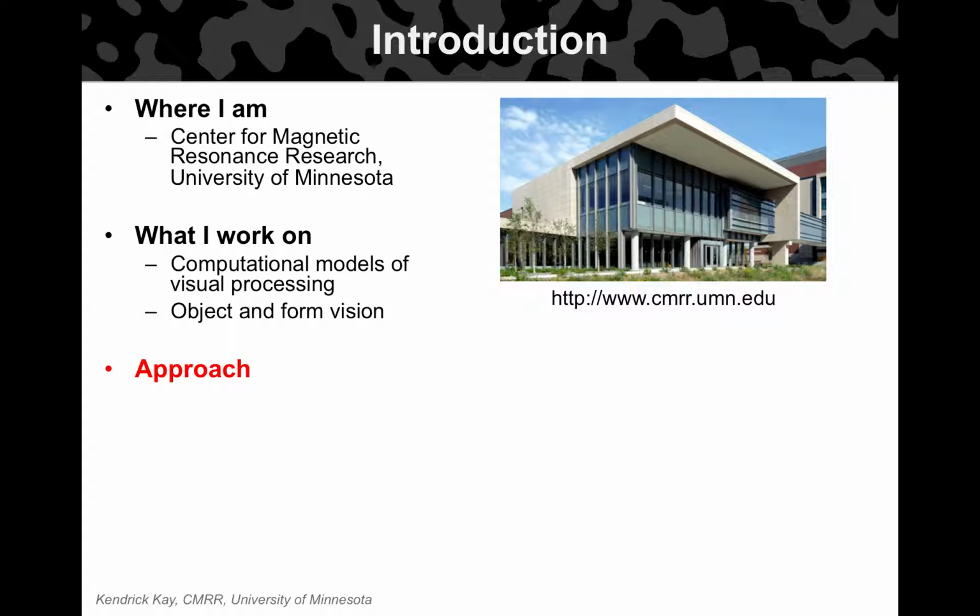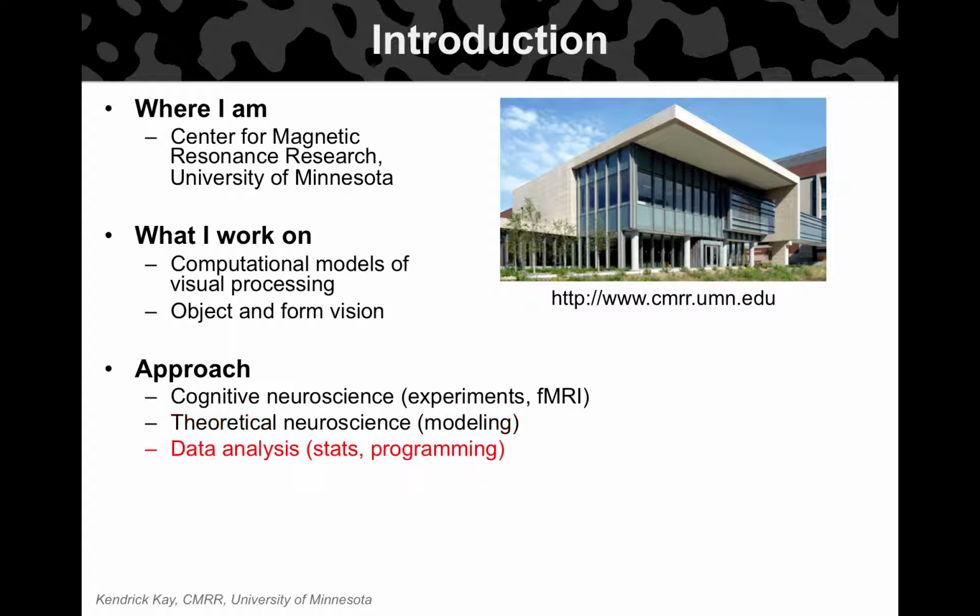Okay, so briefly about the approach, which I've already somewhat alluded to. I kind of divide it into 3 different components. One is understanding what type of experiments to do, so there's a lot of important experimental design, and of course a lot of details of how to effectively use fMRI, which is a very advanced technology, and we could spend a whole semester talking about all the details of MRI physics and imaging and so forth. So there's a lot of expertise there, especially if you want really high quality data.